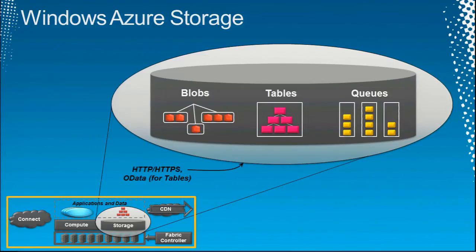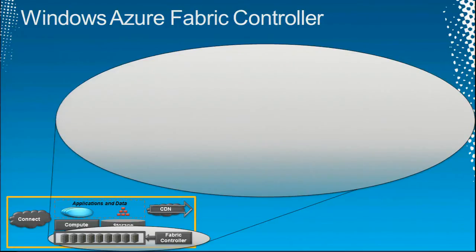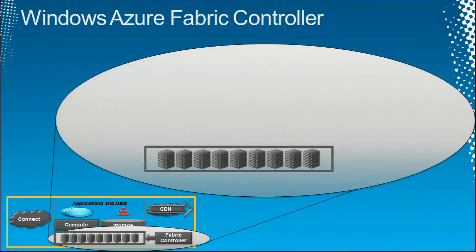Next, the Fabric Controller. I told you before that Windows Azure data centers have lots of machines, and that those machines are controlled by this software called the Fabric Controller. The Fabric Controller utterly owns all the Windows Azure machines in a given data center. It owns their power switches. It owns the network switches. It owns the racks. It owns the entire environment. It is God in the Windows Azure domain, in that world.